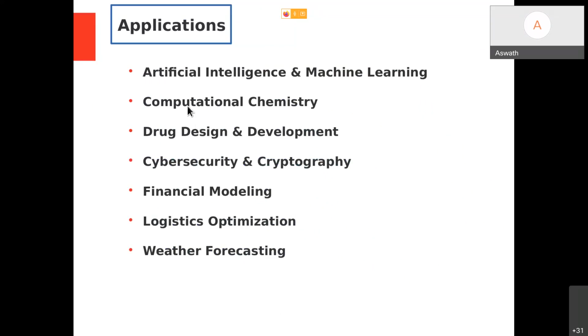Okay, so right now artificial intelligence and machine learning is a booming research area. So if I have quantum hardware with the proper algorithms, I can always accelerate AI and machine learning techniques to have much more